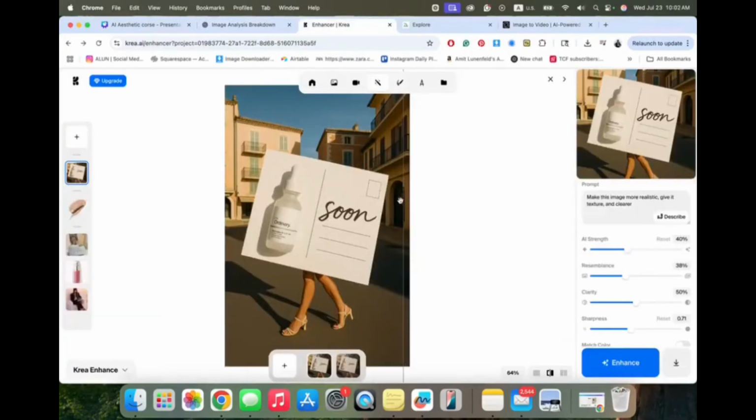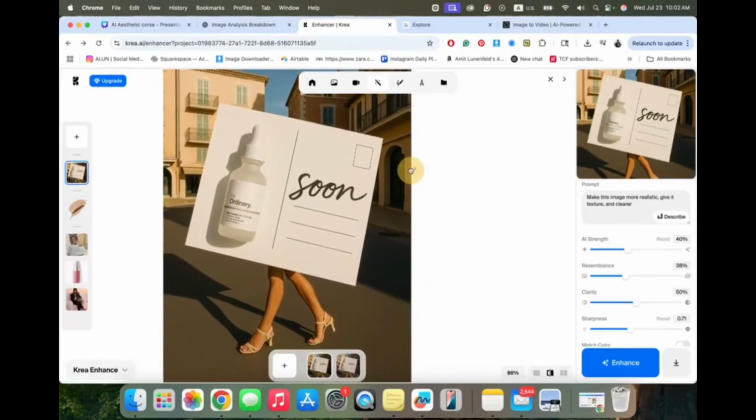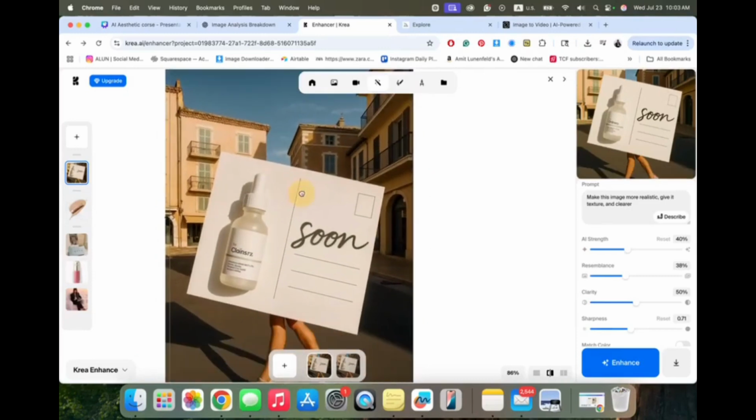Let me show you the before and after. This is without upscaling enhancer, and this is with. You can see that the result is not always helped and needed. If this is what ChatGPT gave me, and this is what happened. They change completely the text and the font. It's not always necessary step, but if you can look at the background, you can see that the building